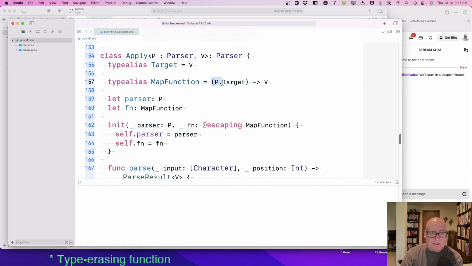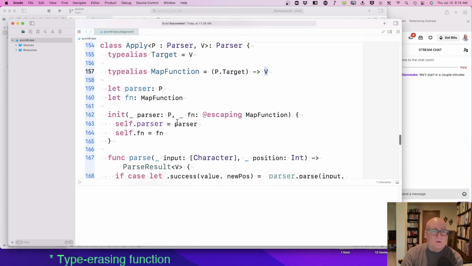The map function goes from the target type, so expression maybe, well, actually string, to the new type, expression. So our make number, you could call digit pipe to apply a digit to make a function, an int constructor, I guess.